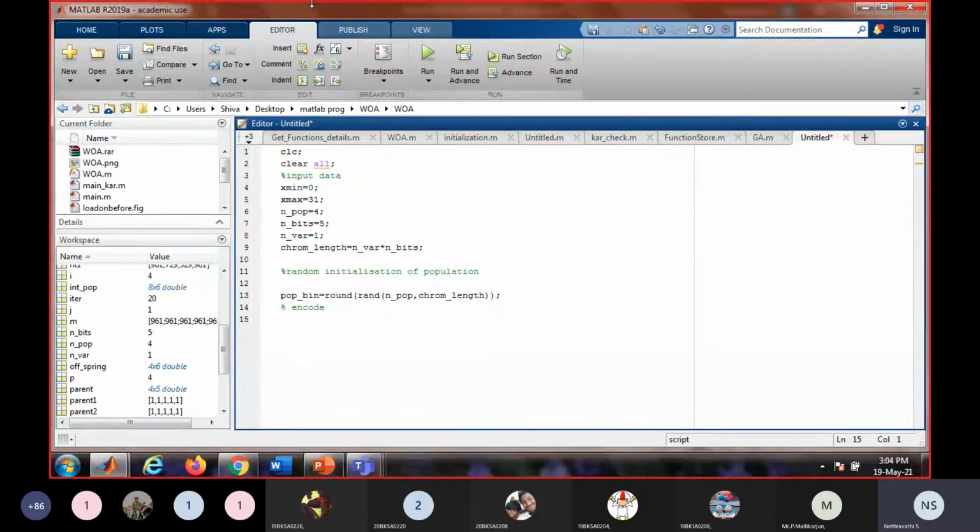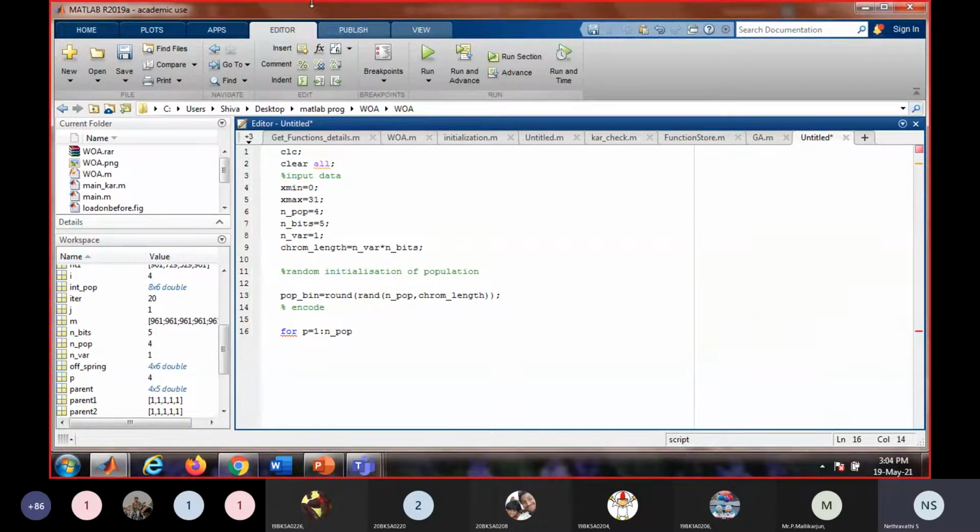We have to convert the binary representation to decimal representation. 1 colon, how many solutions do we have to convert into decimal?